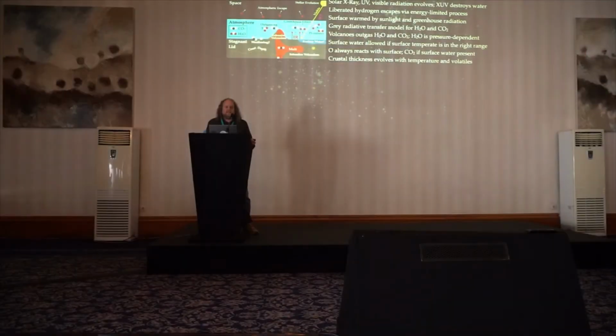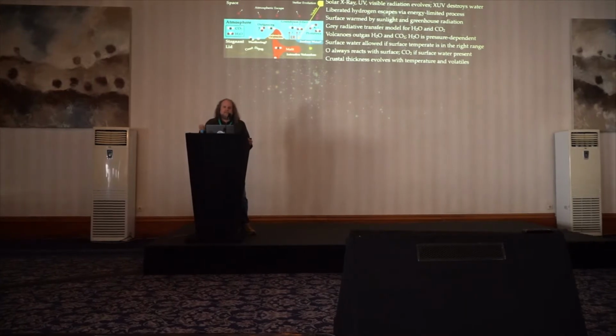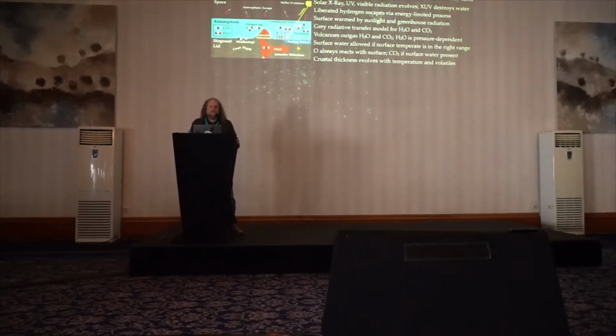Below the surface, of course, is the stagnant lid, in which the material from below can be outgassed. The volatiles can be dissolved in the melt. We include weathering of carbon dioxide if there's surface water present. Any oxygen that's released is instantly removed via weathering with the surface, we assume. We also include a dynamic model for the growth and retreat of the crust based on the thermodynamic and compositional